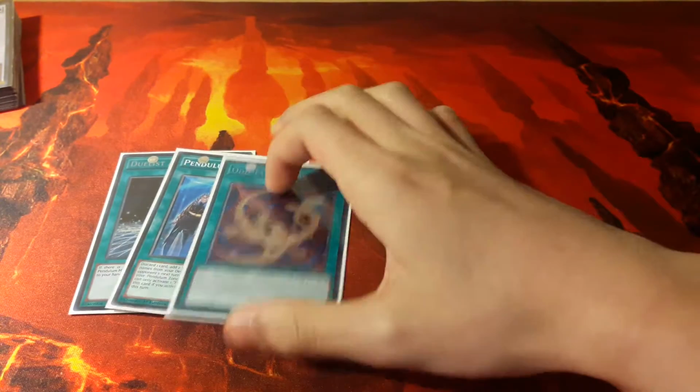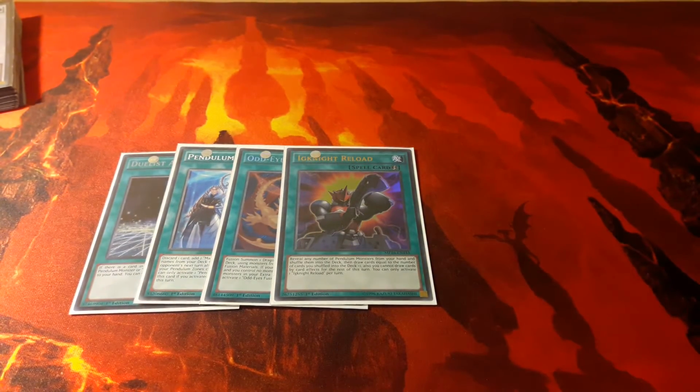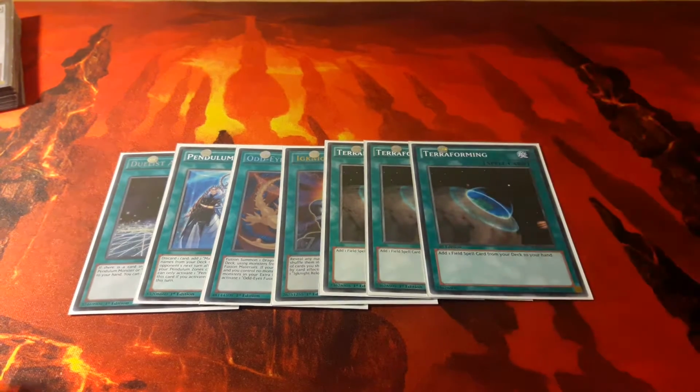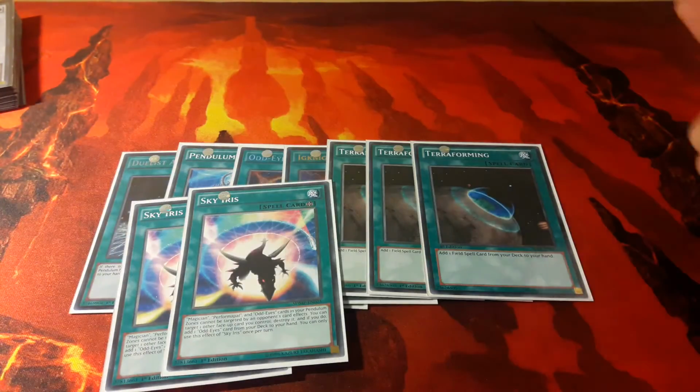I have 1 Odd-Eyes Vortex Dragon to go into Vortex, Odd-Eyes Fusion to go into Vortex, Ignite Reload because that can be really handy sometimes when you open up dead with a reload. Triple Terraforming for fuel for your Magical Abductor because getting that first turn search for Spellcaster is really important. Then the field spells is Double Sky Iris, and depending on your situation,